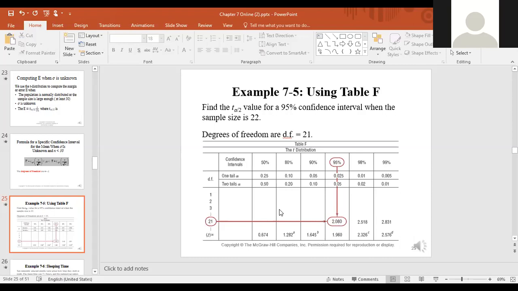So on page 652, here we want to find T alpha over 2 for a 95% confidence